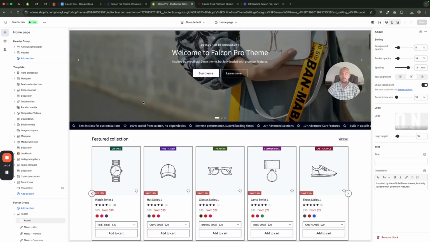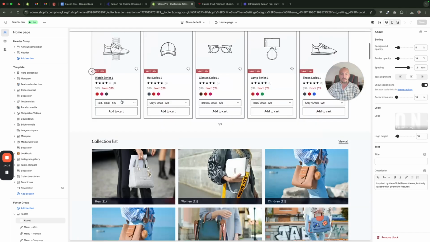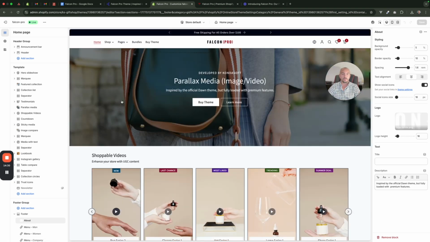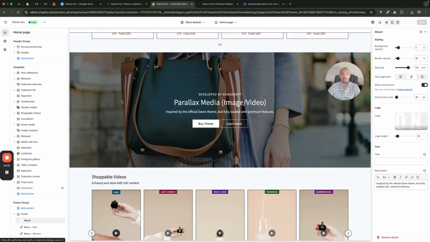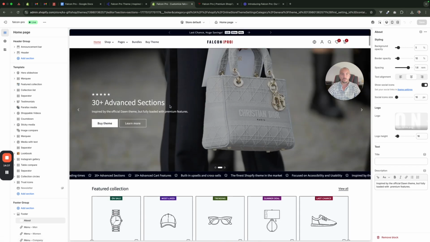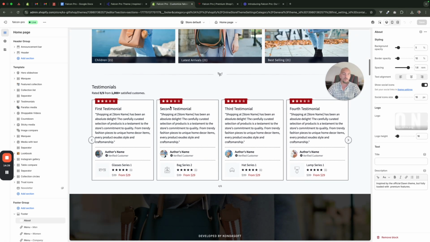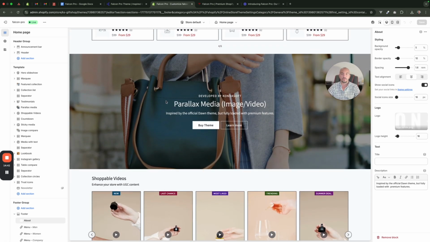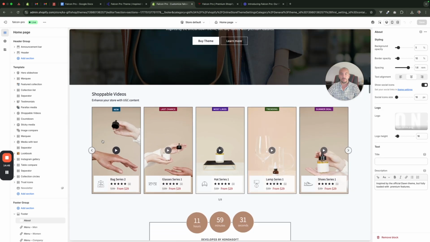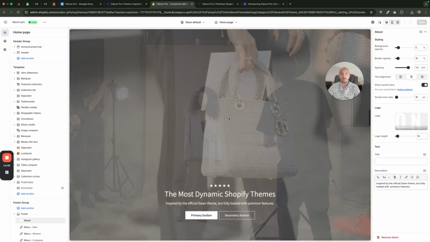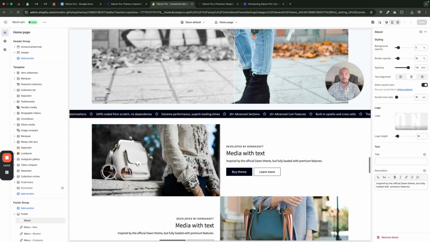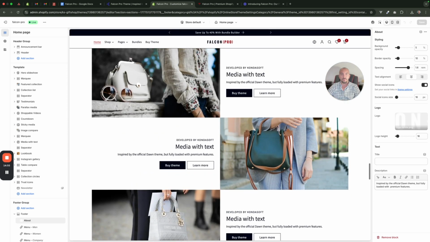And now we have all these sections on the home page. As we mentioned, you have many sections that you can utilize anytime. Normally you don't have to enable them all, but of course for demo purposes we are showing all the sections without any specific order on the home page. We have here this parallax image, we have the shoppable video, the countdown, this sticky media, this image compare, this